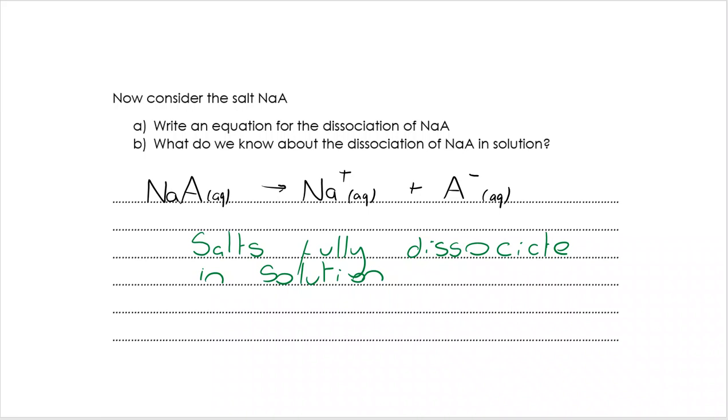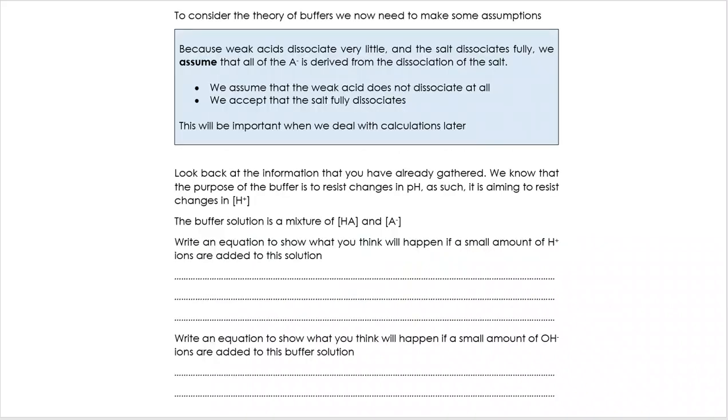So we've got two parts here that we need to think about. We've got an acid that only very slightly dissociates, and we have got a salt that we know fully dissociates. So we make some assumptions and we accept some of that key information as well. Because the weak acids are only very slightly dissociating and the salt will dissociate fully, we actually assume that all of the A- ions that we have are coming from the salt and none from the acid. In really simple terms, we assume the weak acid is not dissociating at all,